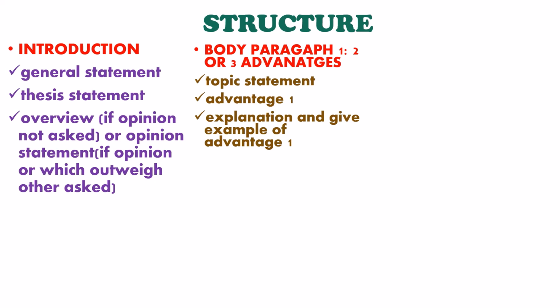Next, after writing the advantage, don't just list 2, 3, 4, 5 advantages. It will not give you good bands. It will reduce your task achievement mark because task achievement clearly says fully developed and justified answers. So whatever support point you are including, whatever advantage or disadvantage you are going to include, explain and justify it properly. So after you have listed the first advantage, explain it in 1 or 2 statements and then give one example if possible. Okay, 2-line explanation and 1-line example.